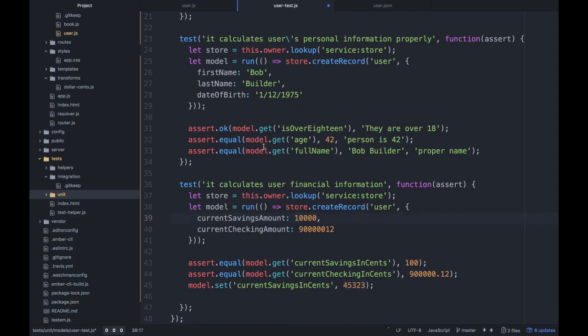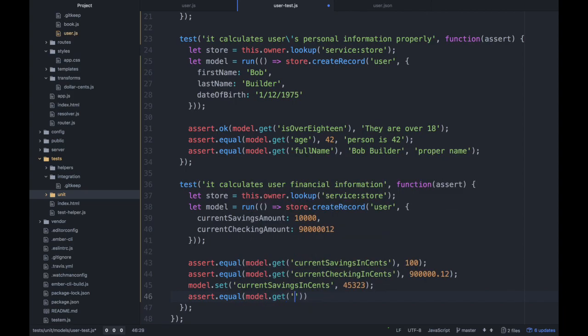Because again, that was the behavior. This is the value including the cents, so essentially the number of pennies. And then we divided it by 100 to get this value, right? Now I'm updating that value. So now I need to add two more zeros on it because again, what I want to save is the number of pennies. So now I should be able to do assert.equal